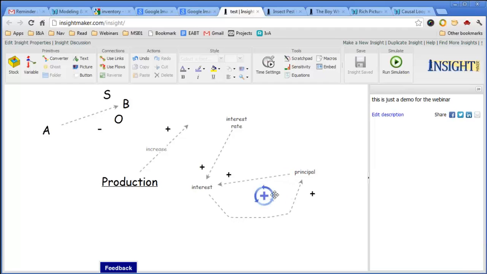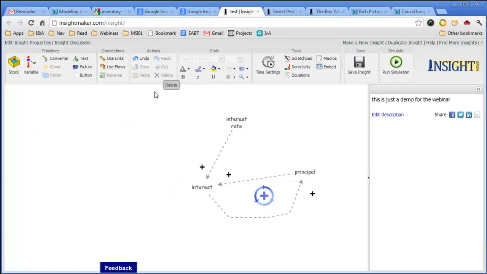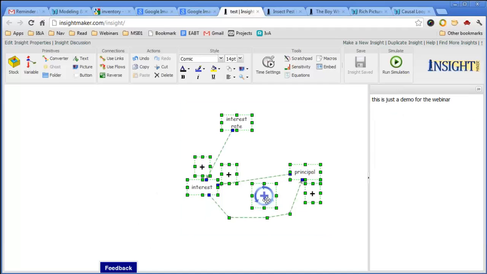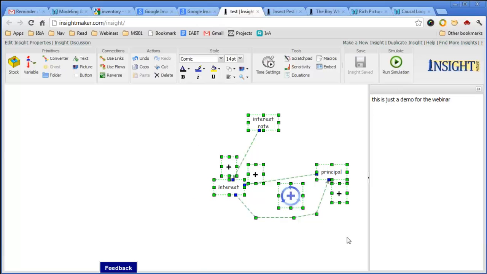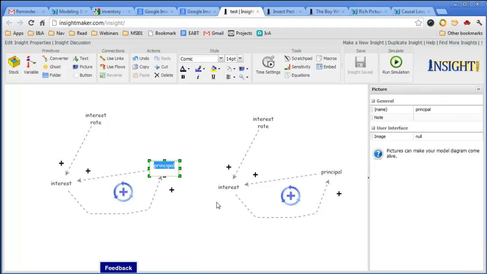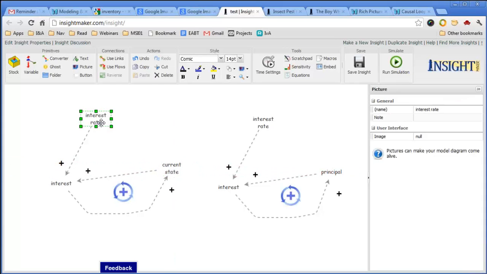This is one of the two basic types of loops that exist and show up in all of the causal loop diagrams, regardless of how intricate, complicated, or complex the model actually is. So this is a reinforcing loop, not the best reinforcing loop I've ever drawn. The alternative is a balancing loop, and rather than duplicate all of those, I'm just going to call this the current state. There is in fact a current state of something, and I have a